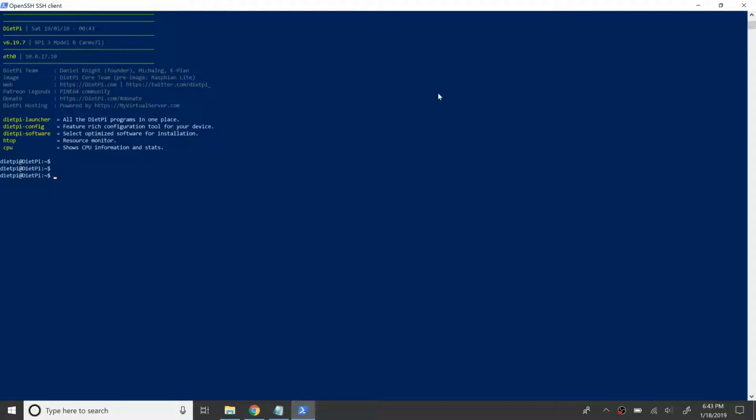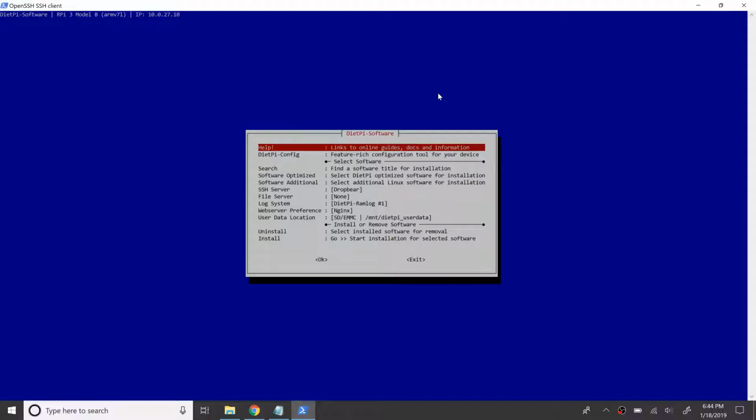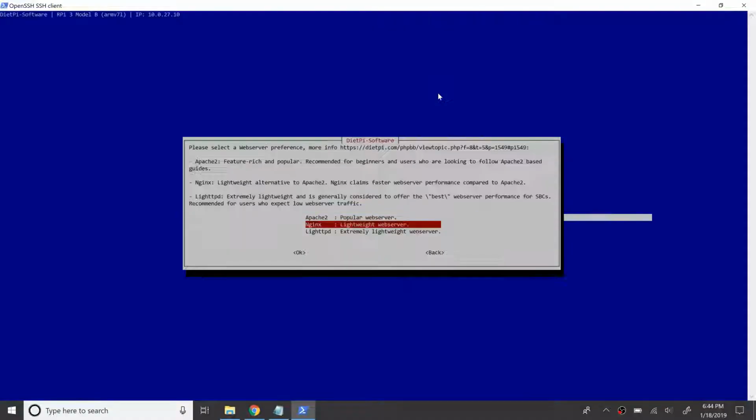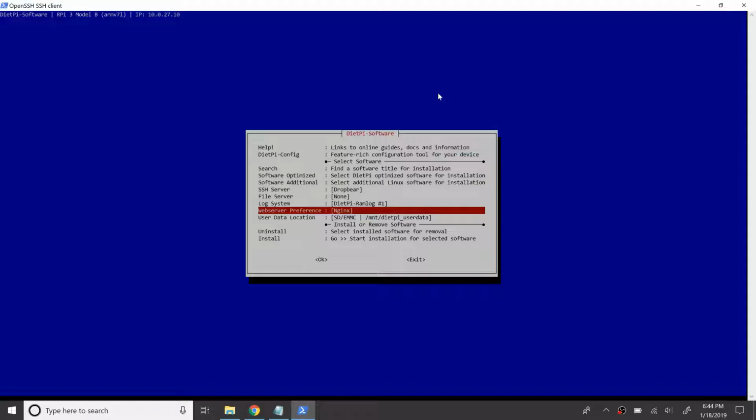Now, run the command dietpi-software, which would invoke a utility that allows us to install optimized softwares for the Pi. Scroll down to Web Server Preference in the screen and select Nginx as the preferred web server. Nginx is lightweight and is known for its performance and stability, which would make it an ideal choice for SBCs